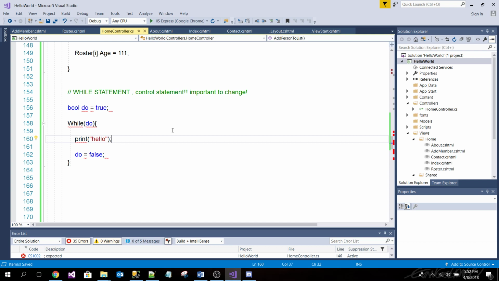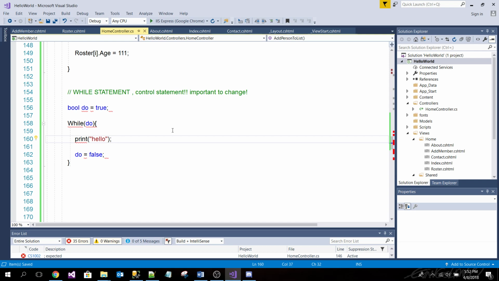Do you need a loop to do something? Yes or no? Yes, you need a loop. What loop is best? Do you know the amount of items? I have a list and I don't know how many items are in it.